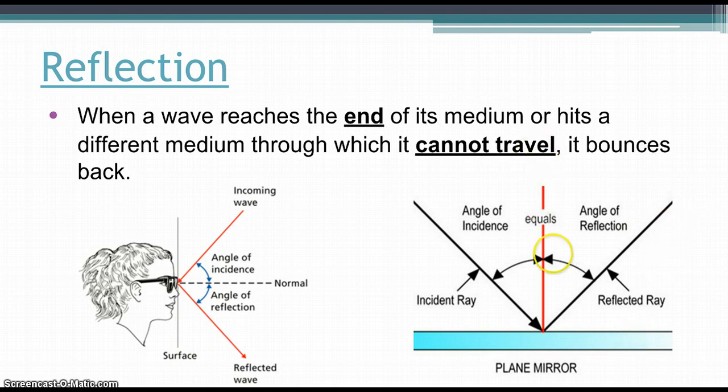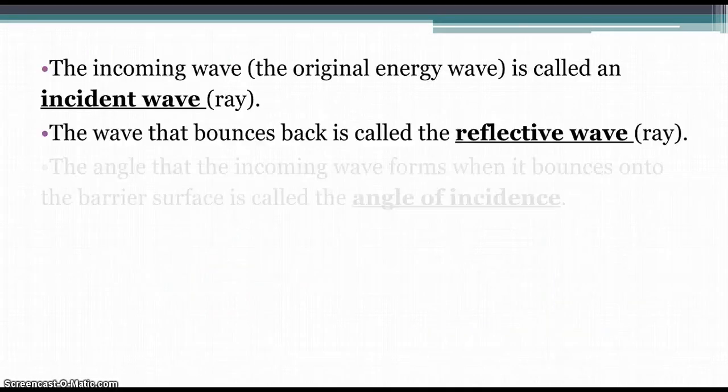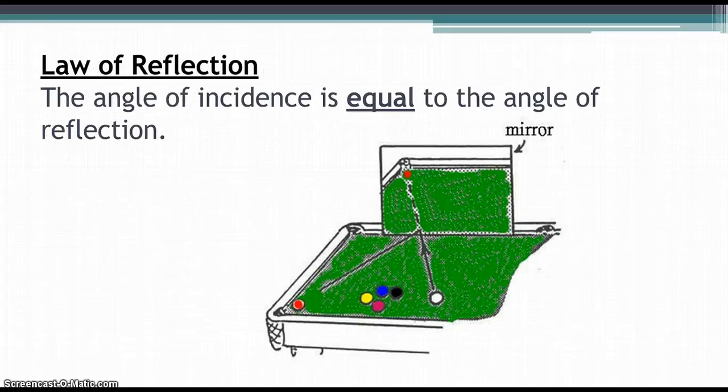That means that this is the normal, because this would be perpendicular to the mirror surface. And we have an angle of incidence here and the angle of reflection. These two are equal. And I'm going to show you what you can do in your own diagrams when you're trying to show that you're following the law of reflection and showing that the angle of incidence is equal to the angle of reflection. So before we move on,